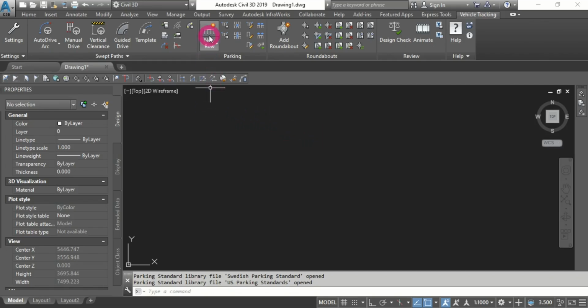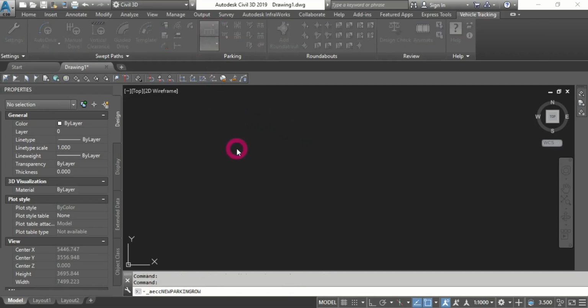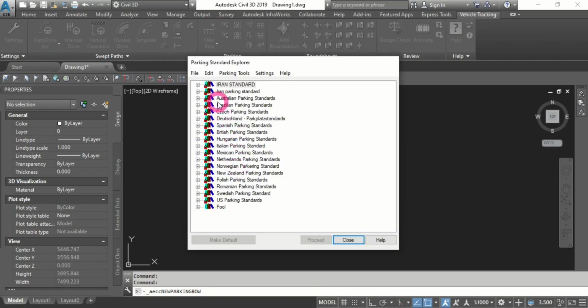All you need to do is to click on new row here, and here it asks about the standard. I choose the standard I made based on the last video. You would normally do the same and choose the standard that you made based on your own code, and then